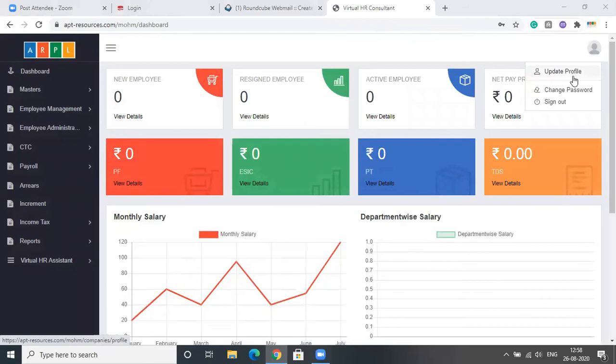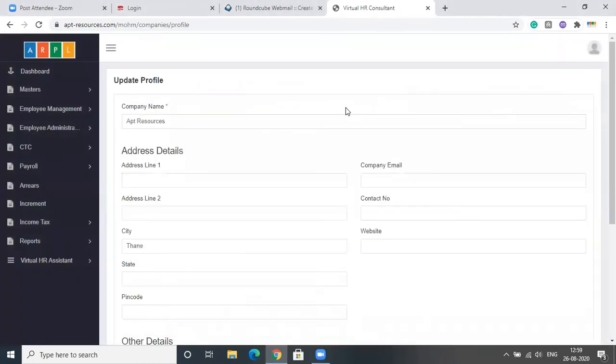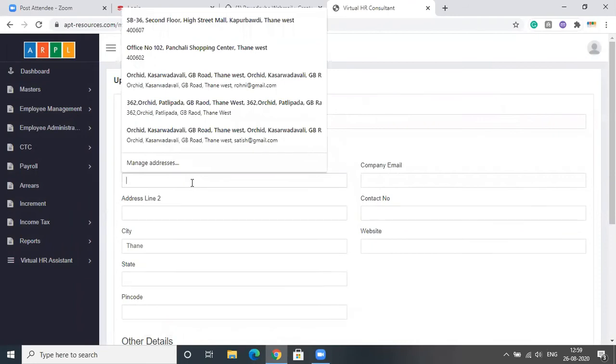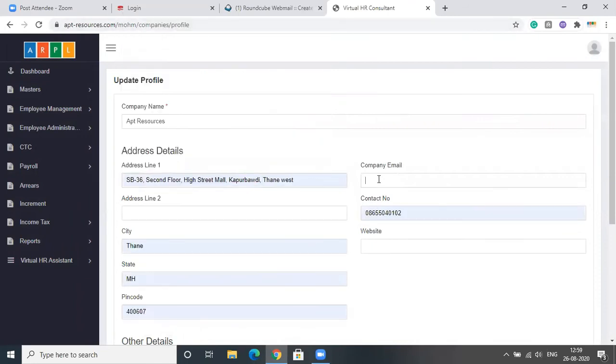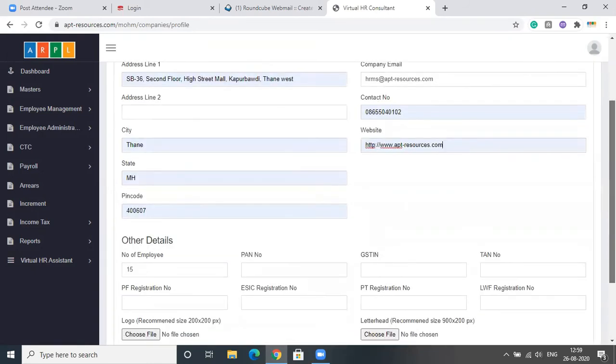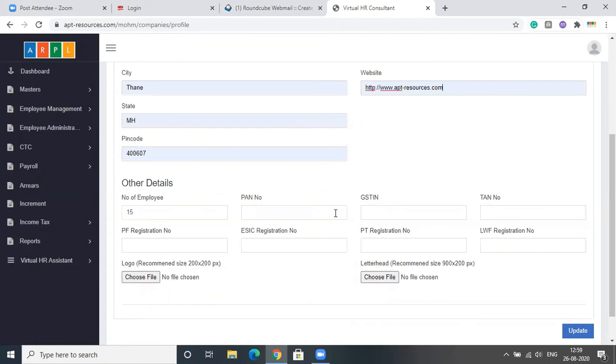So from here you can update your profile, change your password, and you can sign out. So we'll click on update profile. Here you can update your address, your company email, your website, your state, PIN code, number of employees, PAN number,